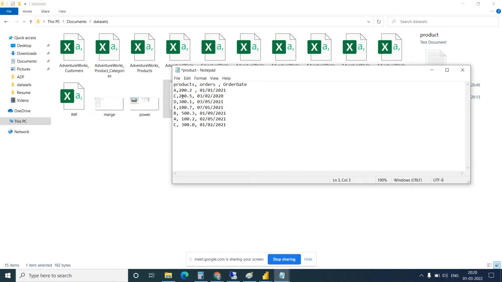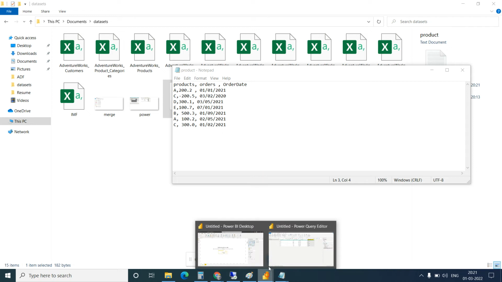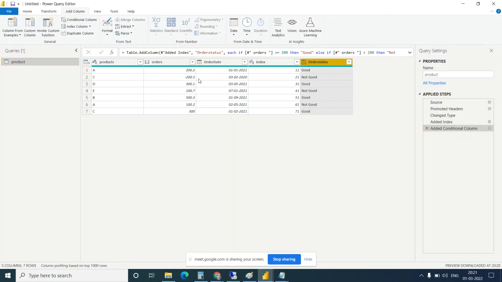So let's add this. It should work at least. Okay, so it is not good.